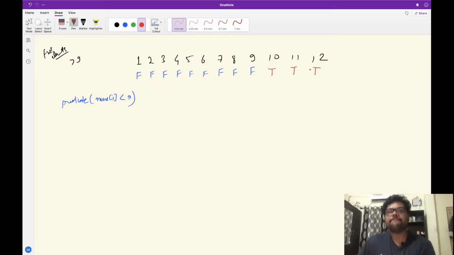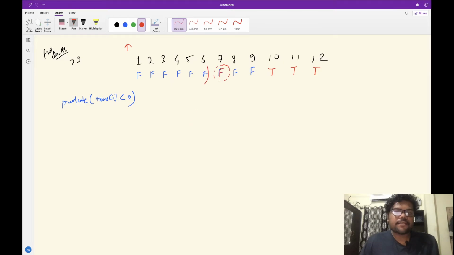So this is a data set where, since our list is monotonically increasing, this is an increasing data set. You can say that if the predicate at any value is false, we can safely say that every element less than it will also be false.